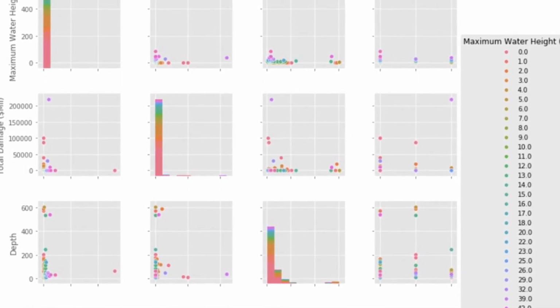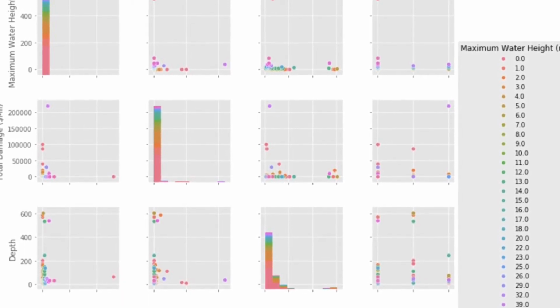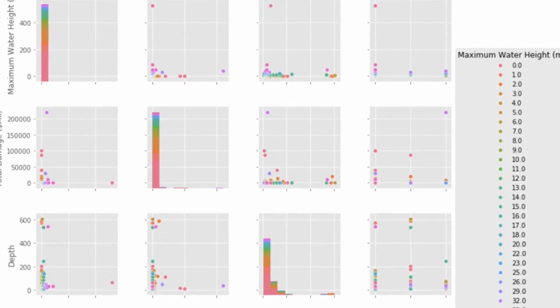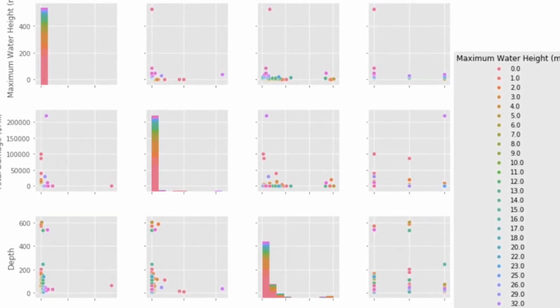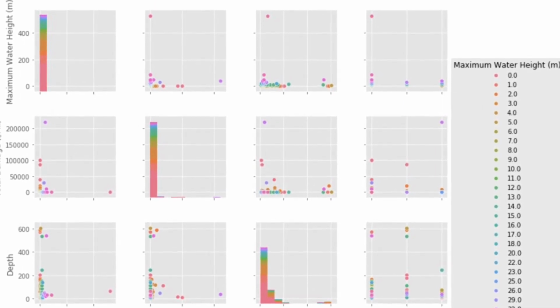These results also yielded some interesting observations, such as the fact that depth doesn't have any pattern or trends in relation to max wave height. This is an important result because it tells us that if we were to continue to improve the results of this project, we wouldn't include the depth feature in future models and analysis.